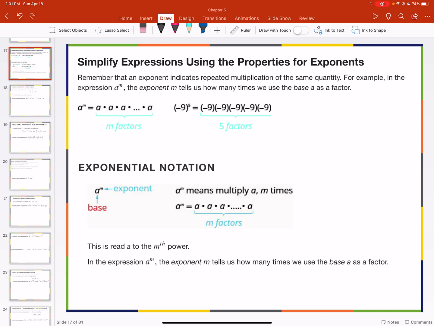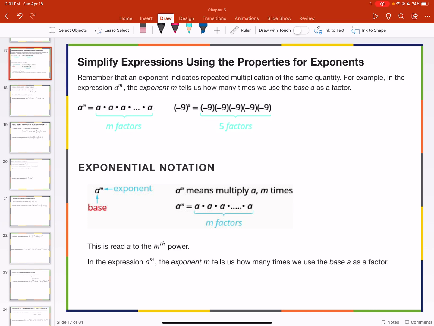Just like how multiplication is repeated addition, right? Let's say, for example, 2 times 3. You would add 2 three times. And if you didn't know that, did you know that multiplication was repeated addition? Okay, so just in case. Well, anyway,